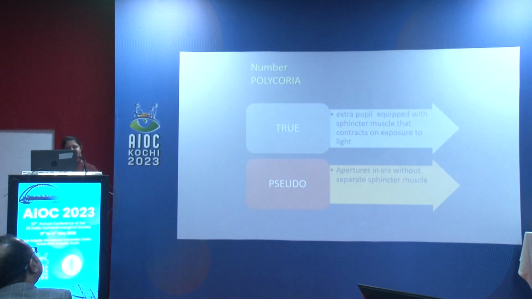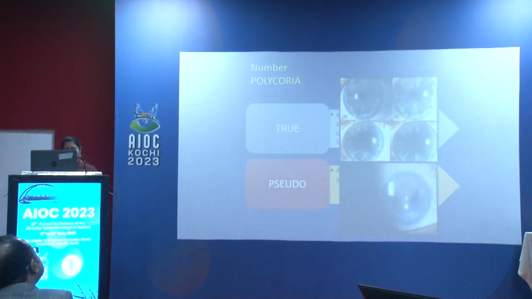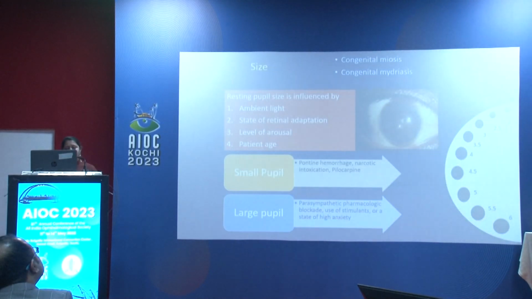So coming to the size and shape, there can be a polycoria, which can be true, with an extra sphincter, and can be pseudo. The size can be congenital, there can be congenital miosis or congenital mydriasis. Basically, the size of the pupil is influenced by ambient light, state of the retinal adaptation, level of arousal, and patient's age. A small pupil points towards pontine hemorrhages, narcotic intoxication, pilocarpine, whereas a large pupil points towards parasympathetic blockage, use of stimulants or